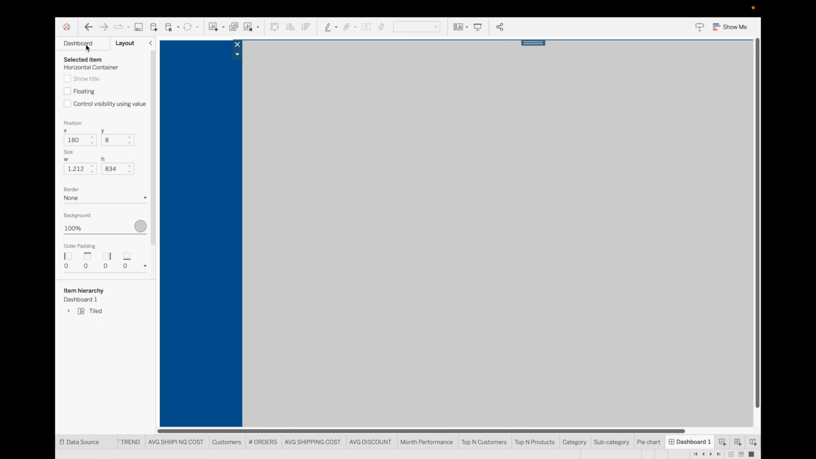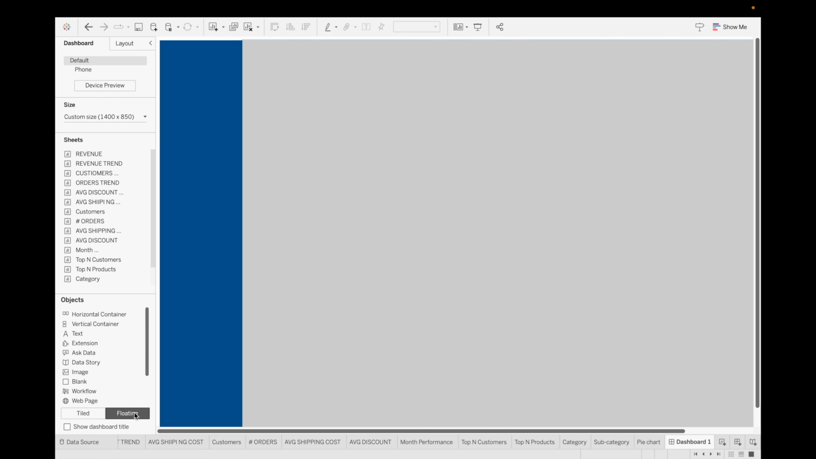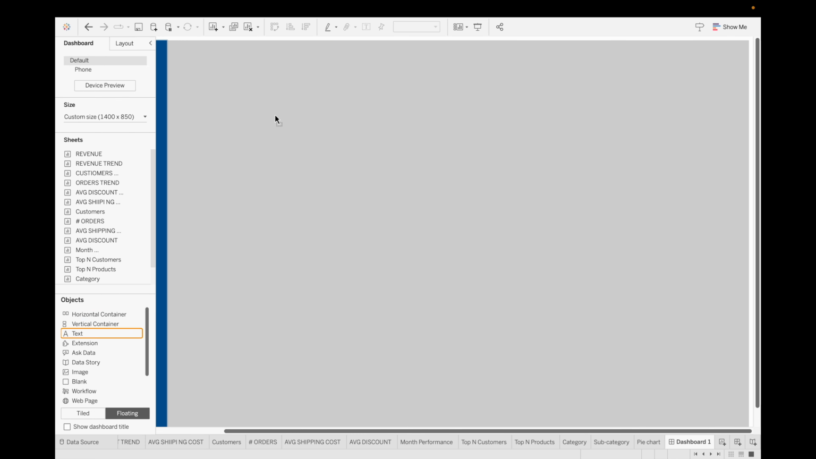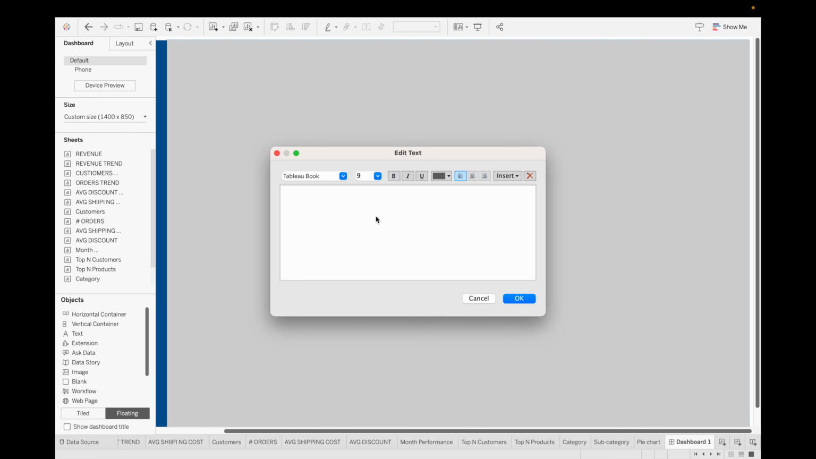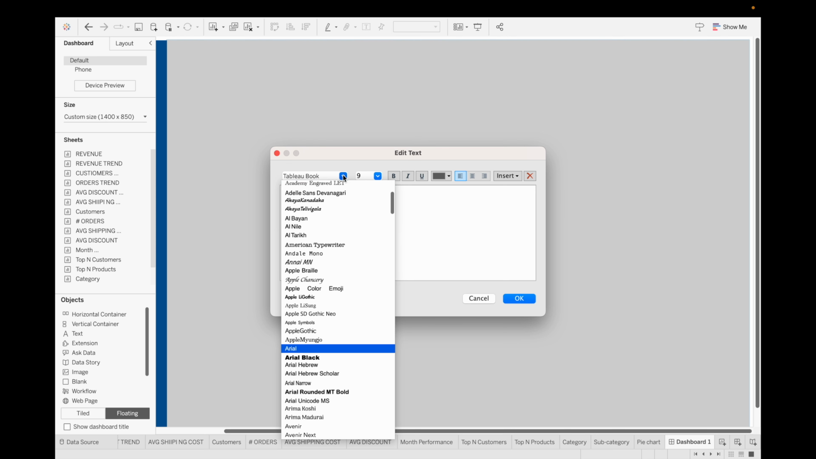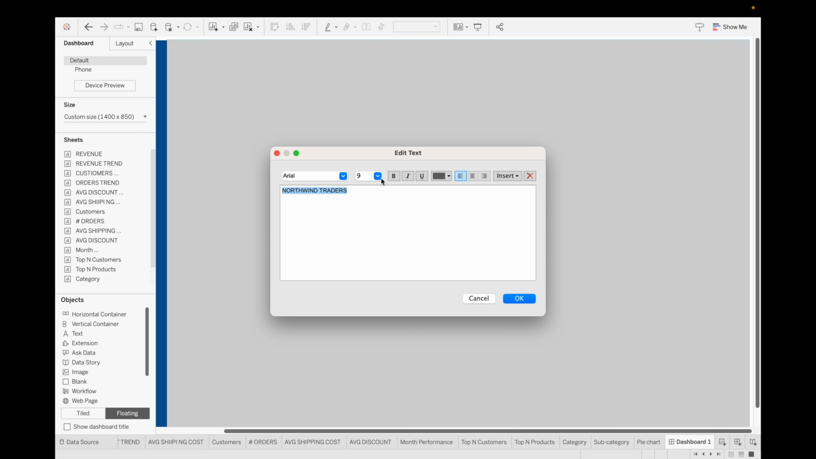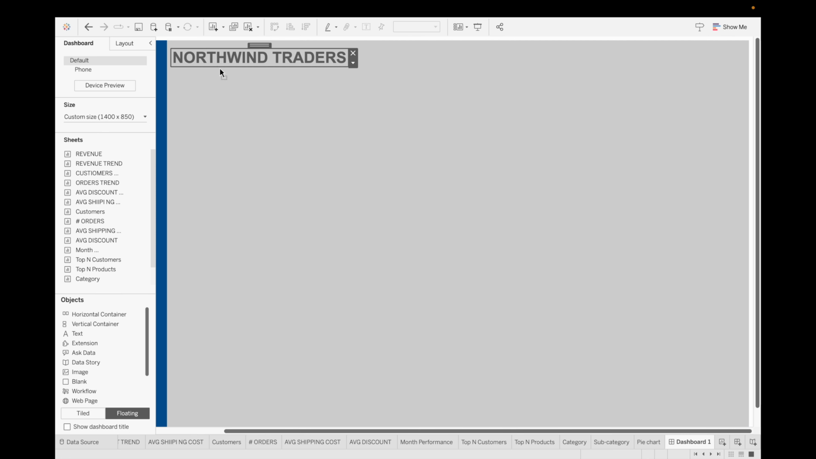Okay, now let's change it to floating. Let's add a text field here. For the dashboard title I'm giving the name Northwind Traders. Apply our same font, that is Arial. Change the size to 24, make it bold, and click on OK. Now increase the size of it, and